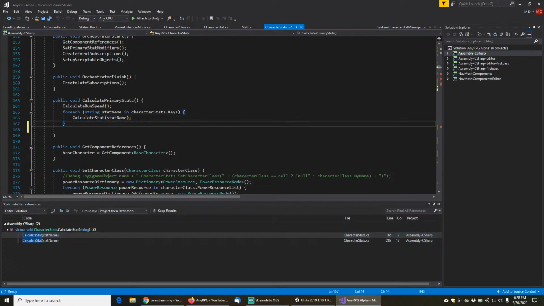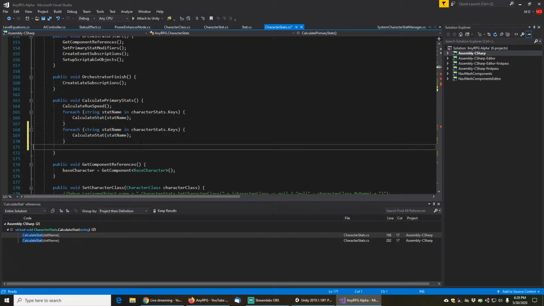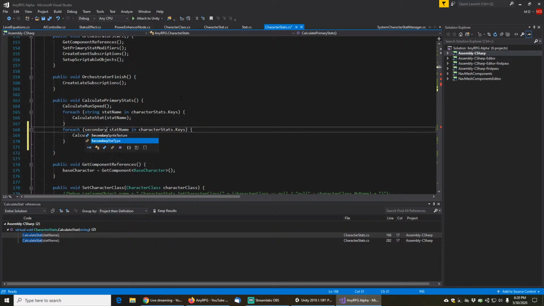need to change. So here we're going to loop through the secondary stats.keys. So for each secondary stat type in secondary stats.keys, we want to calculate secondary stat based on secondary stat type. Okay, great. And then